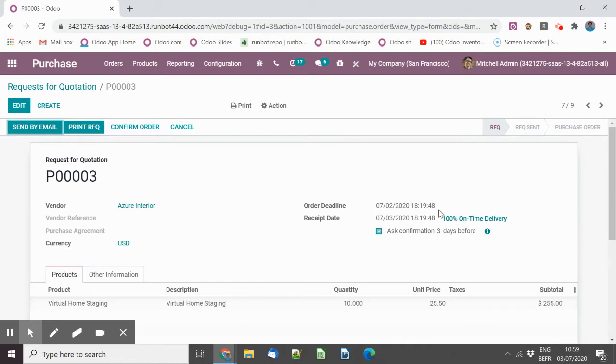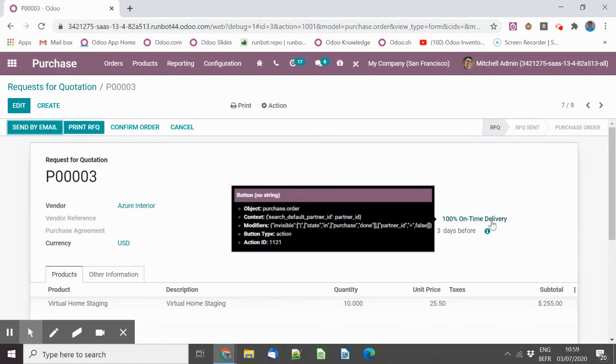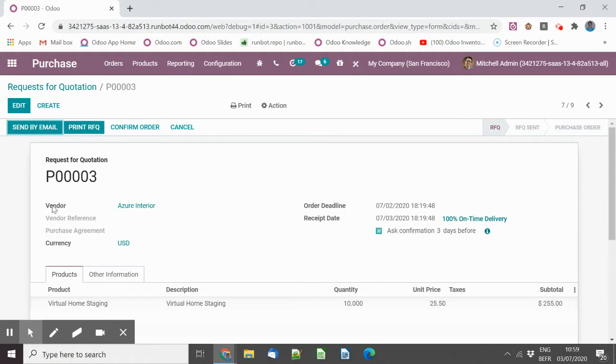we see it again. This is the on-time delivery rate, which is related to the vendor, which is also nice when you create your RFQ. If you have the option to decide between different vendors, you can purchase, for example, one product from 3 vendors, and you don't know exactly which one to choose. If the delivery rate is a criterion for this specific order, you have this information, and if you switch, you can have different values there and see which vendors really are reliable. This will prevent you from